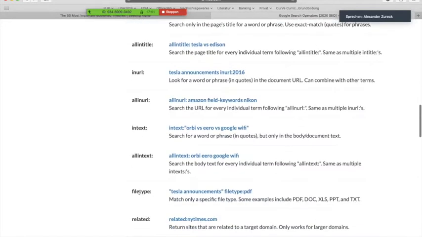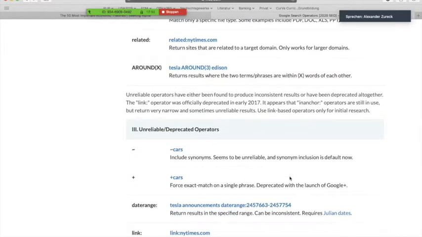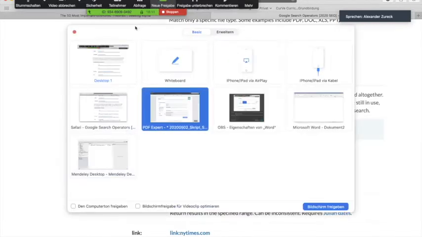So I mentioned already the file type function. That's very important, and with all these operators, you are able to have a more precise research for your master thesis. So when we now go back to my PDF slides,